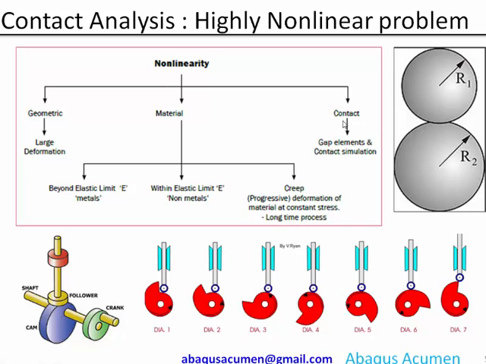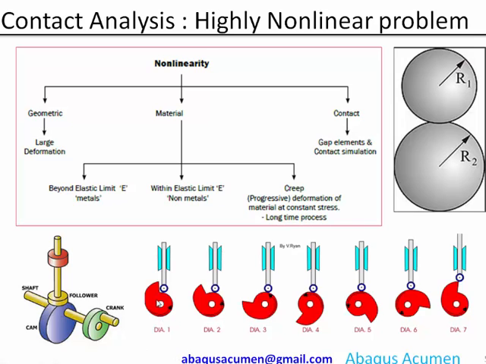Now getting into contact. Contact is also called a boundary condition non-linearity. Take a simple example. If you have, say, two spheres, if they are not in contact with each other, the overall stiffness of this system is different. If they are in contact with each other, the stiffness is different. So as the boundary condition is changing, your stiffness matrix is changing. So people also call it a boundary condition non-linearity, and this becomes a highly non-linear problem, because as the contact status is changing, your contact stiffness, and also the overall stiffness of the body, is changing.